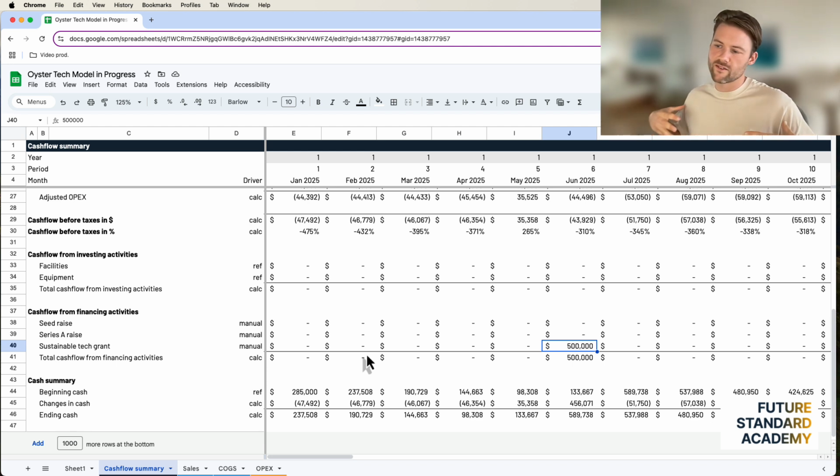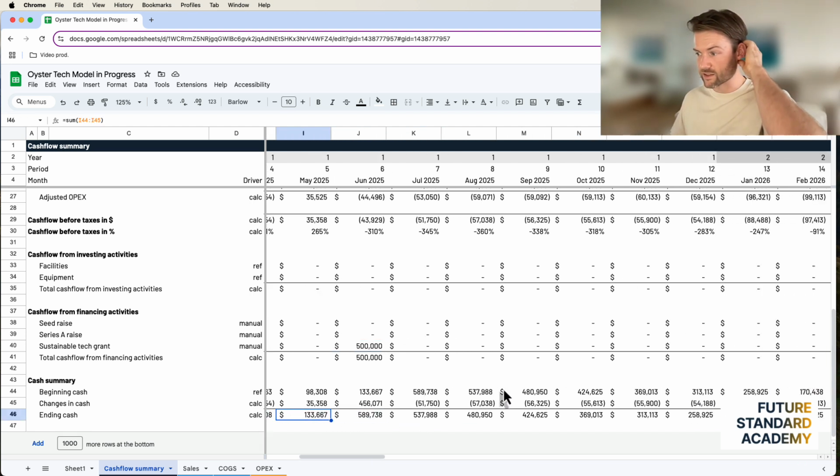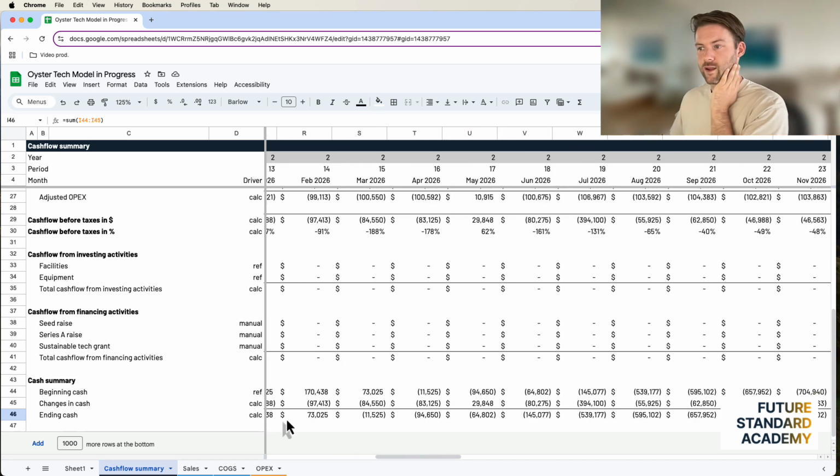All these things then feed this information into the model. And if these plans are to actually happen, the financial implications are as such, right? And we can see that there's going to be kind of a tough cash situation for the first half of next year. It gets better with that grant, but then this business isn't going to sustain itself much past March 26. So the runway is 14 months, give or take a few.